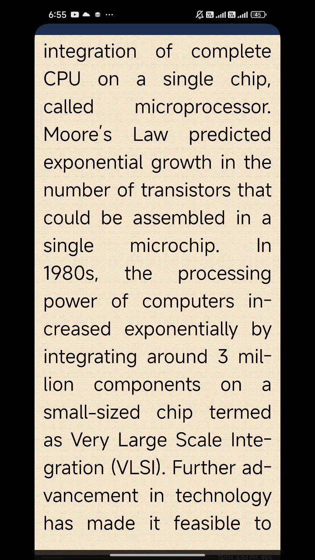In the 1980s, the processing power of computers increased exponentially by integrating around 3 million components on a small-sized chip, termed as very large scale integration